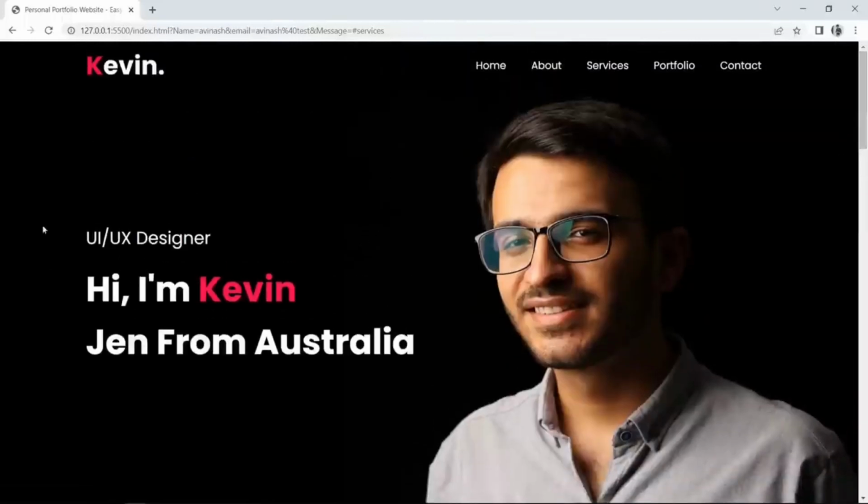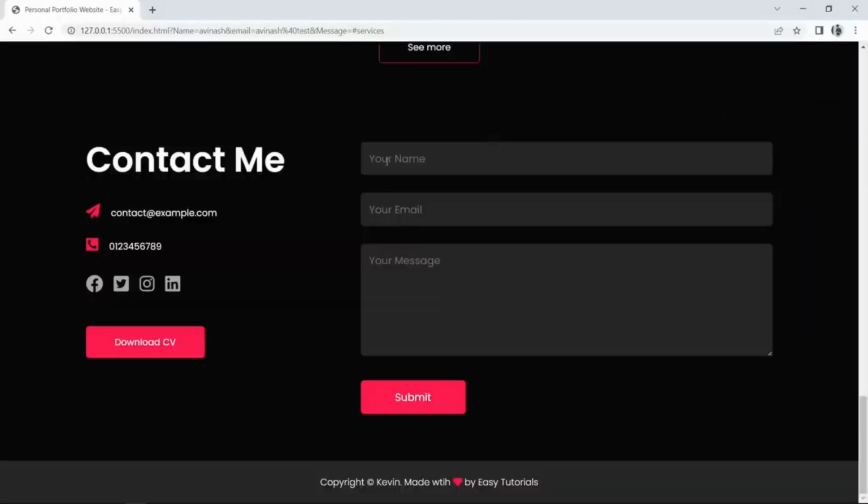So now we have designed this website. Next we have to make this contact form working, so whenever people enter any data in this contact form and click on this submit button, you will receive the information on your Google Sheet. To make this contact form working, just open your Google Sheet